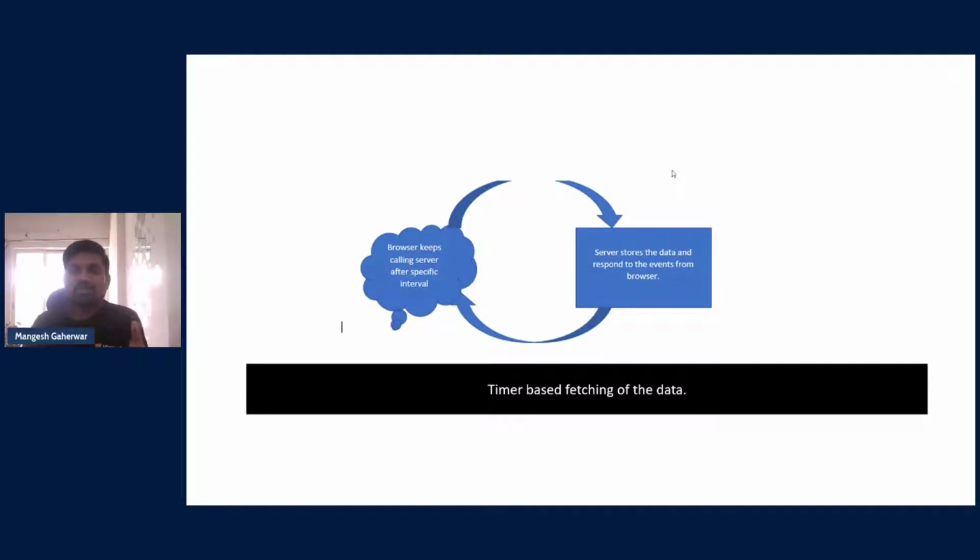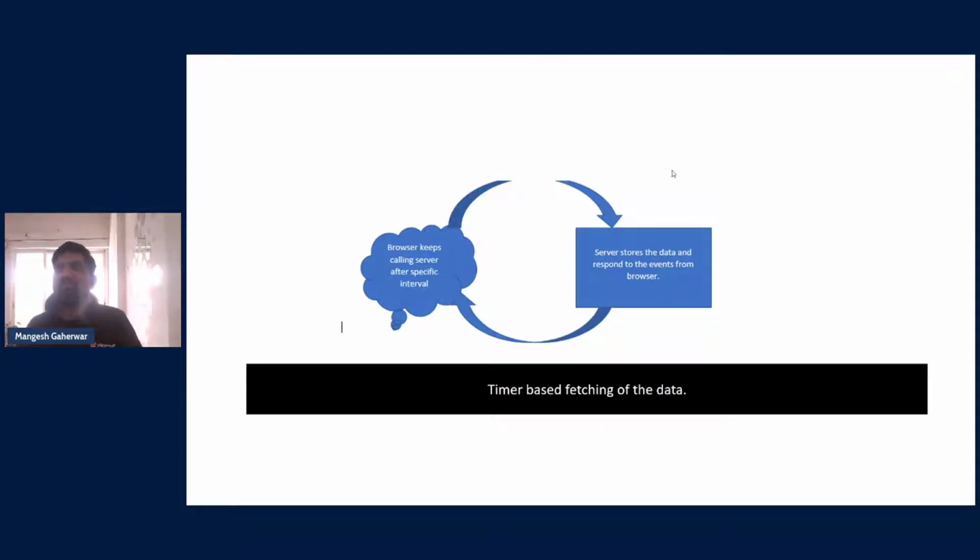He develops a web app. That web app calls the server API, or calls a server method, and gets the data from the server. The server stores the data and responds to the events coming from the client tab.